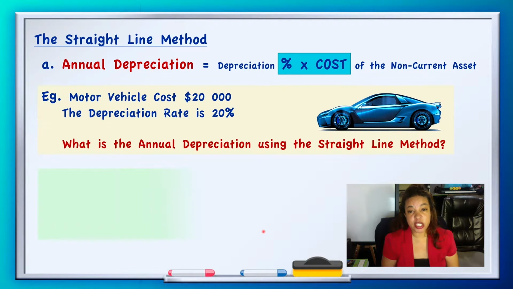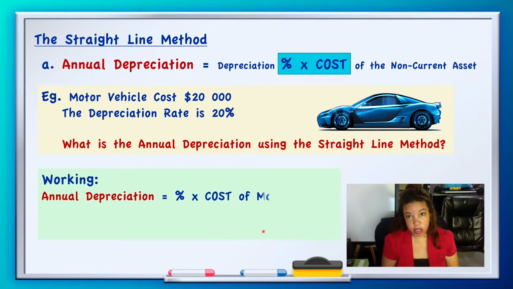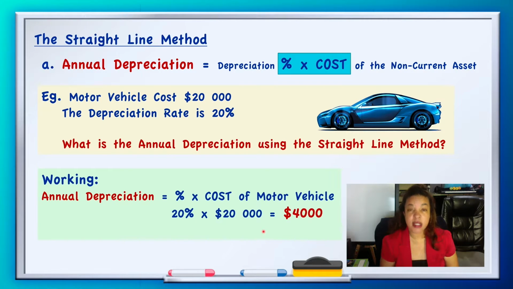You will simply have your formula, which would be percentage by the cost of the motor vehicle, which is 20% of the 20,000. So you see your cost is 20,000. Your depreciation rate is 20%. So 20% of 20,000 gives you $4,000. So this will be your annual depreciation for the useful life of the particular motor vehicle, in this case,